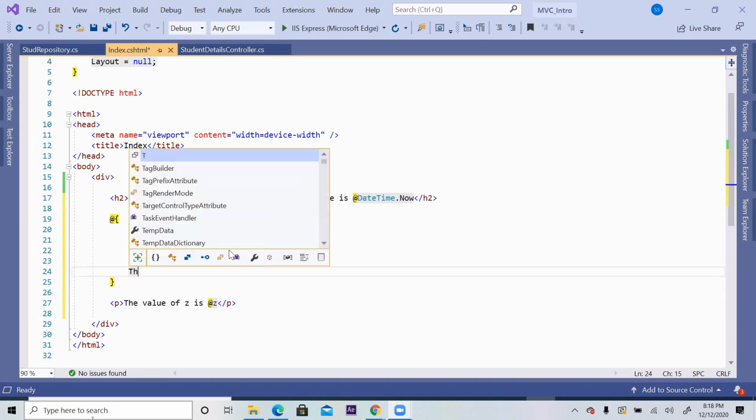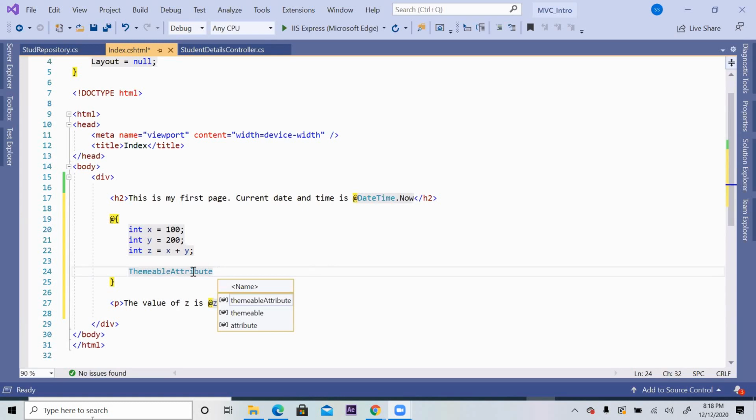Can I write like this, the value of, no, right? If I write it, it will understand it is a C sharp command and all, and it will show an error when I run it. It will say there is no command called THE, there is no command called value, because it is understanding now C sharp is going on. Now if you write simply also, it will show error. If you write @ also, it will show error, because it's really not C sharp, right?